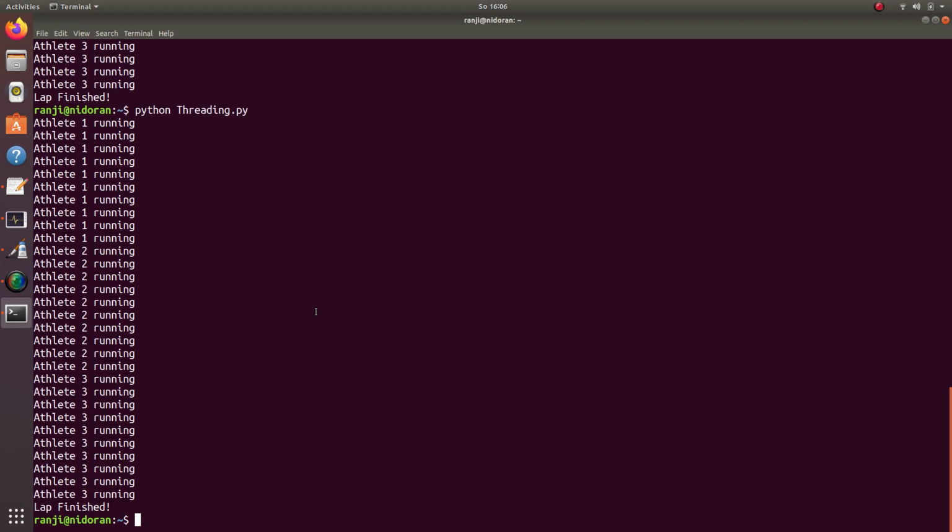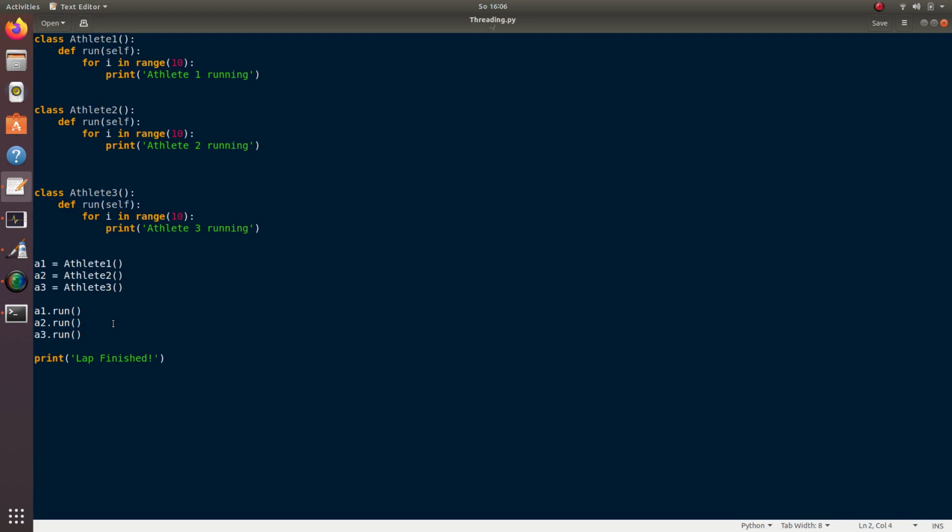Internally it is doing the parallel execution, but since we have made these statements one after the other, it is taking the first athlete and printing athlete 1 is running, then athlete 2 is running, athlete 3 is running. Internally there is some thread that is spooling this execution.